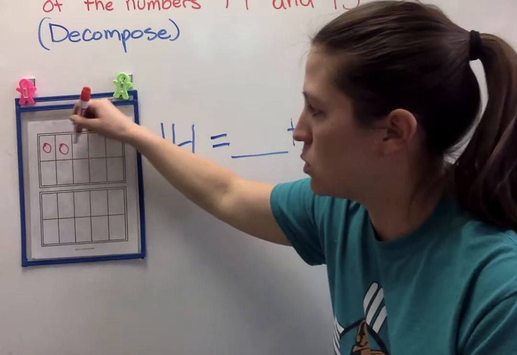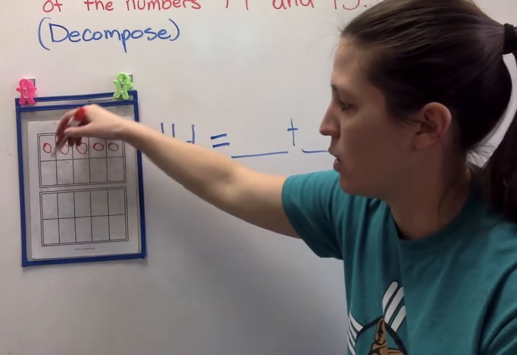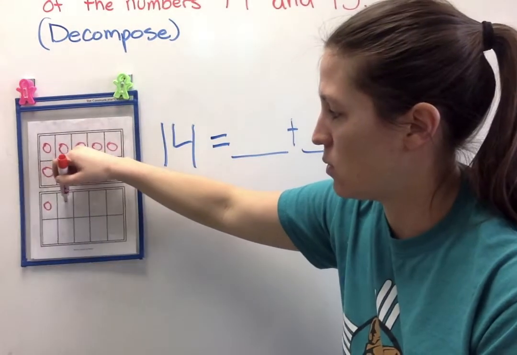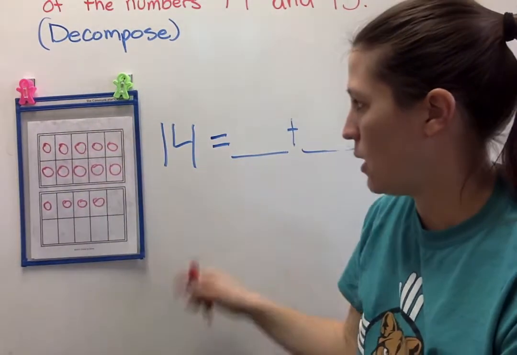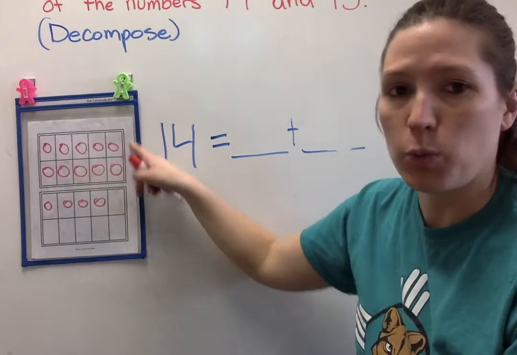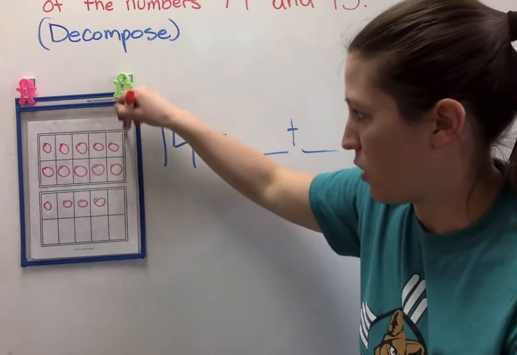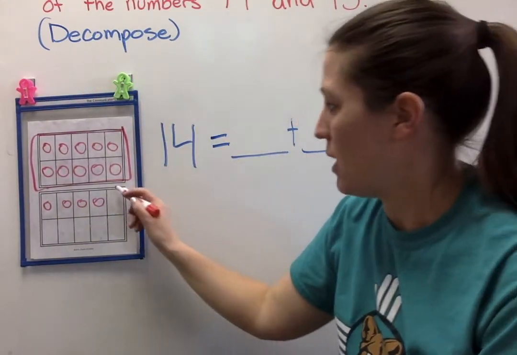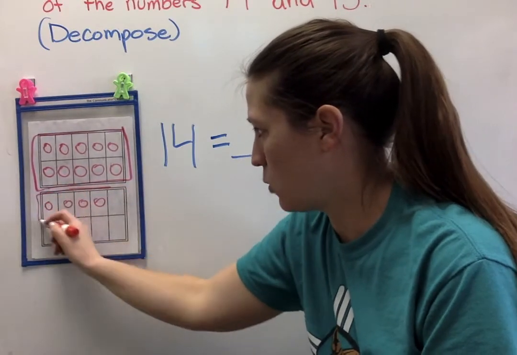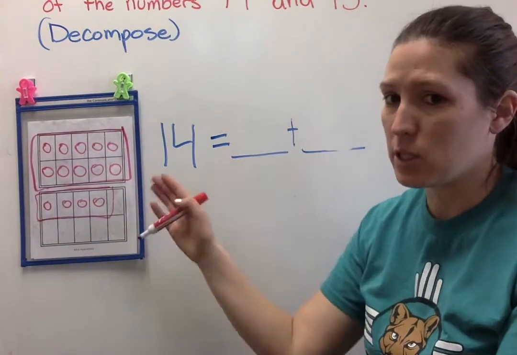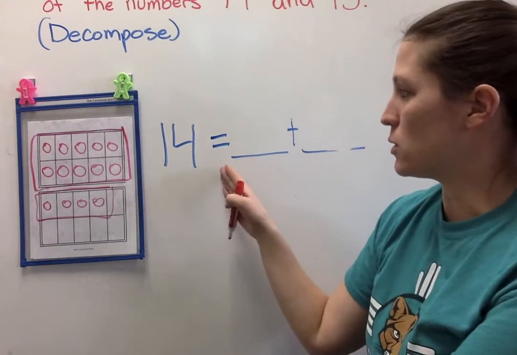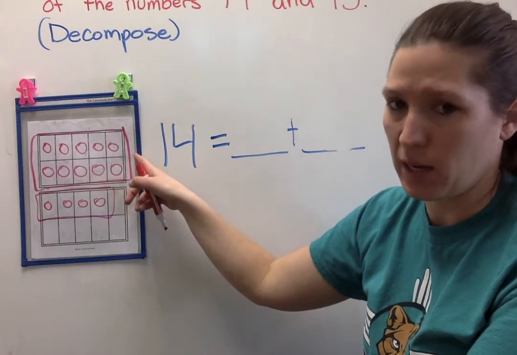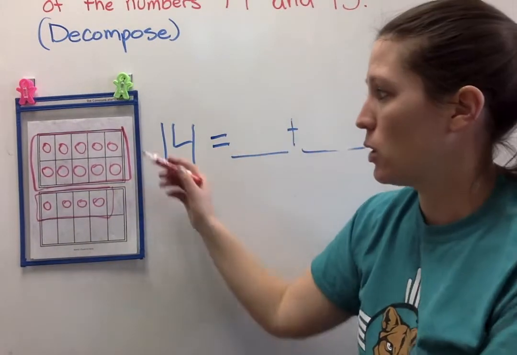first. 1, 2, 3, 4, 5, 6, 7, 8, 9, 10, 11, 12, 13, 14. I have 2 groups here. The first group makes up the first 10 frame. If I've got a group already full here, that's 10. That's one group. And then my second group down below in the next 10 frame is my next group. So 14 equals, how many are in this 10 frame? 10. Because if a 10 frame is full, it has 10 windows and 10 objects. 10